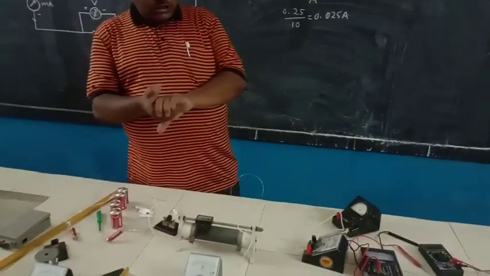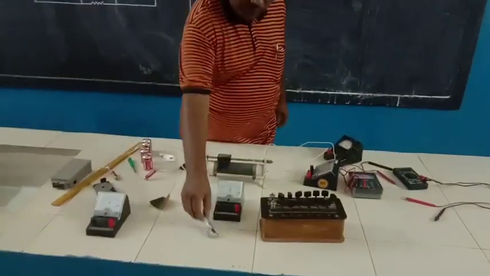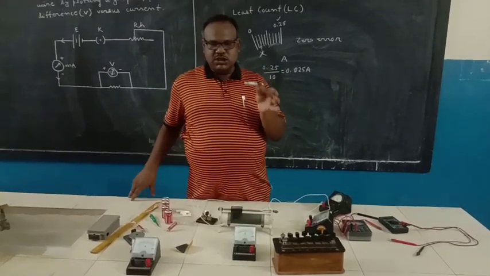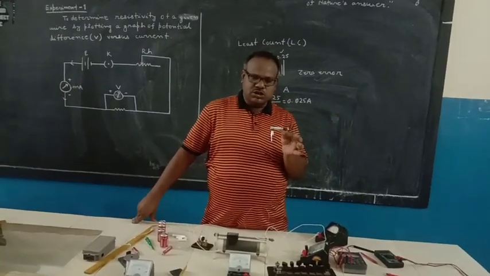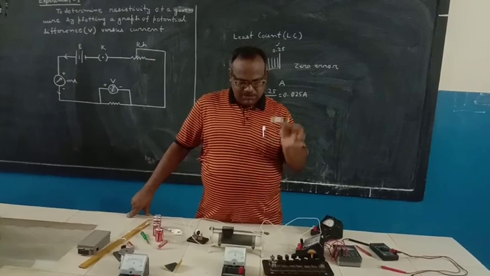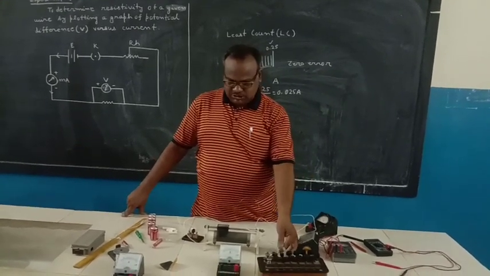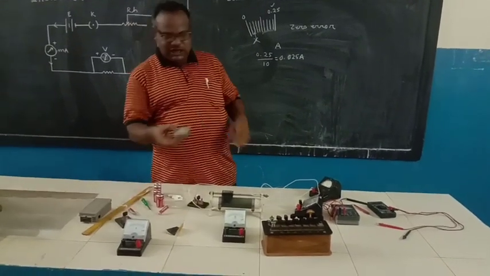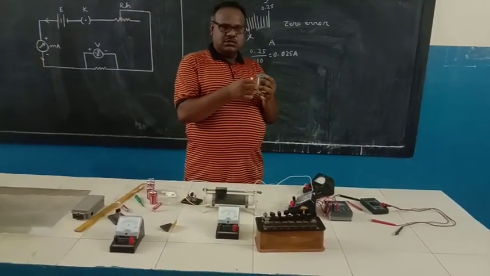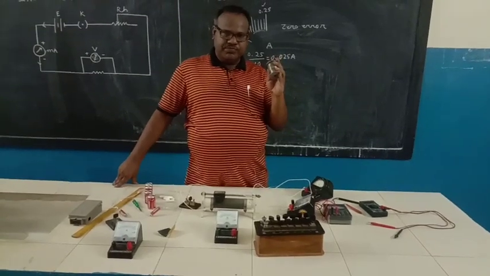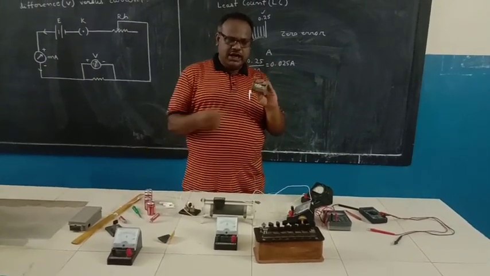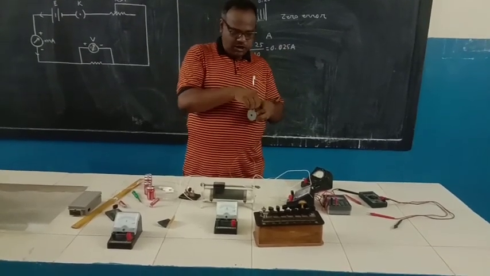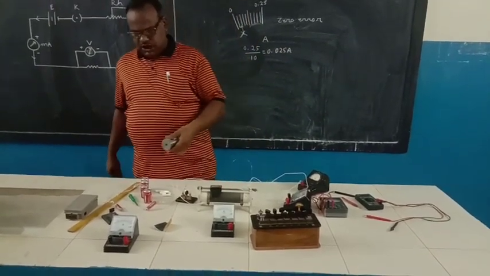Now, you know this screw gauge. The least count of the screw gauge I am using is 0.001 centimeter. By the help of this, we will measure the diameter or whatever it may be. Now, you see this wire. This is a constantan wire. It has a high value of resistivity. And this wire has a uniform cross section. I have taken it from here. So these are the different things we are using.